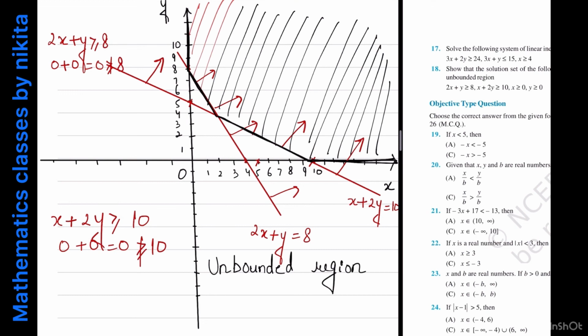So you can practice yourself, do it once again, all the questions, and do it neatly. Just draw the Cartesian plane with the help of pencil, plot all the points, plot x axis, y axis, then take each line, mark the points, and then see your given inequality and shade the region for each inequality, and then see the common region. If you are not getting any common region, then it has no solution, and if you have some common region, see whether it is bounded or unbounded.